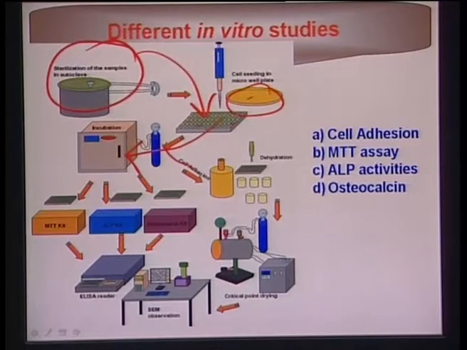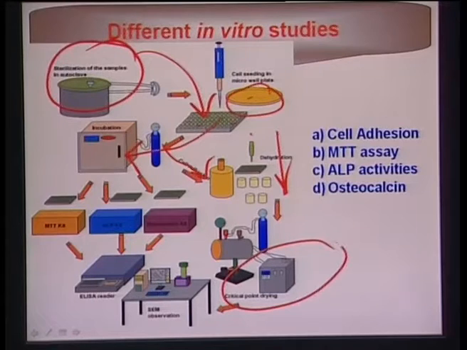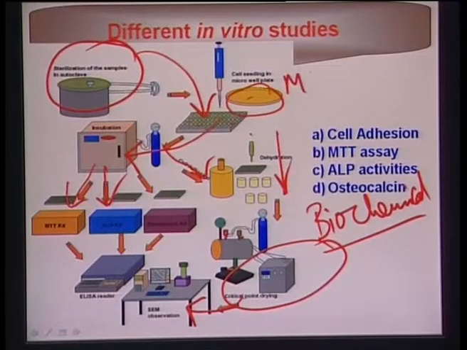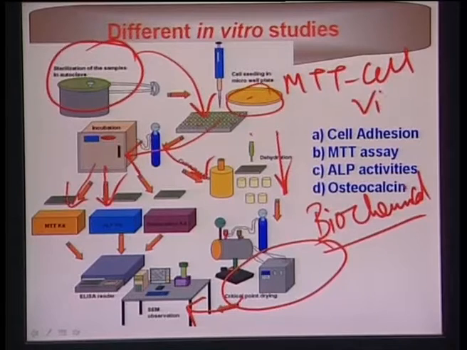Now you can do the cell adhesion test, then the dehydration by serial dilution, then you can use critical point drying, and proceed towards SEM or fluorescence microscopy to see the morphology of the cells. Alternatively, you can use some biochemical assays. These biochemical assays quantify certain cellular fate processes. What are the cellular fate processes? MTT gives you the cellular viability. Then ALP, alkaline phosphatase, tells you the osteoblast differentiation capability, and osteocalcin tells you the bone mineralization capability.